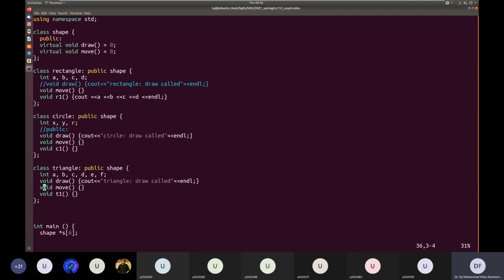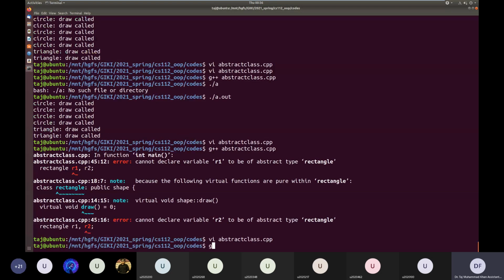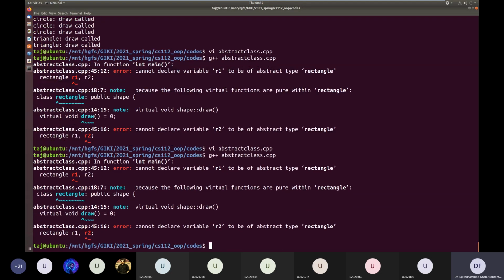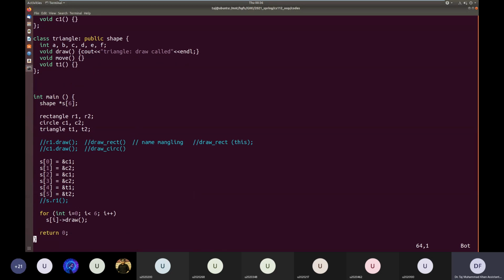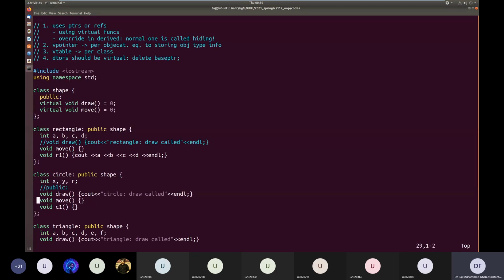Let me look at it again. First we have to make rectangle a concrete class. We override it.